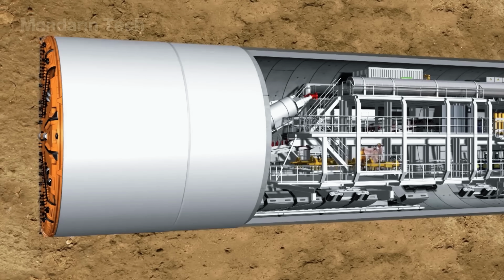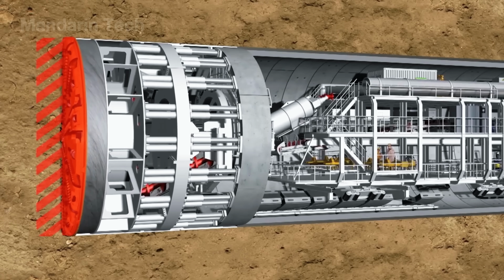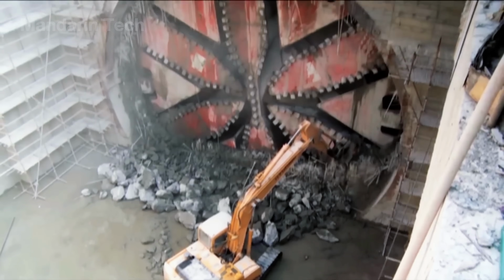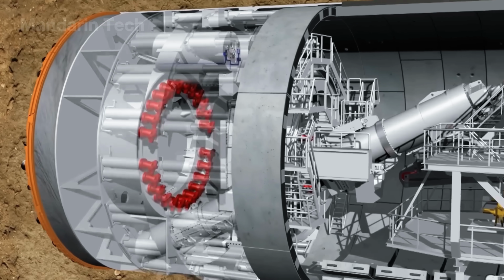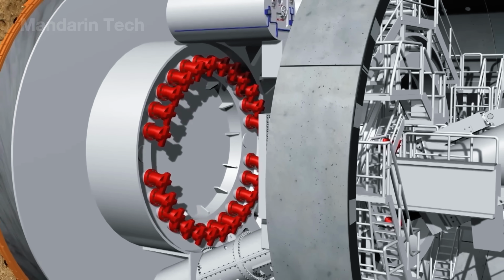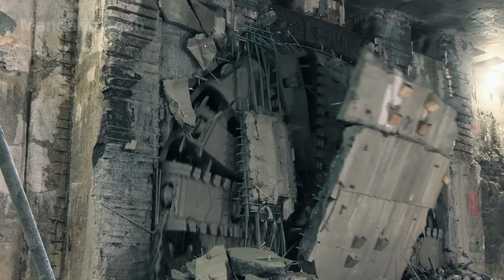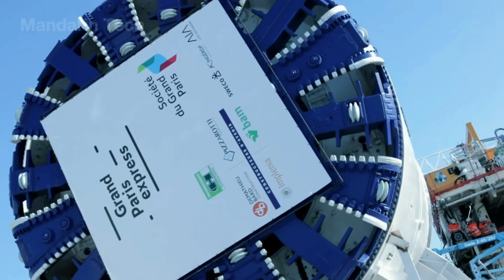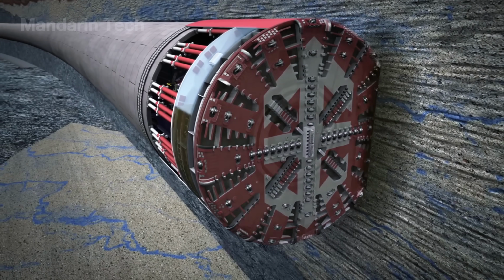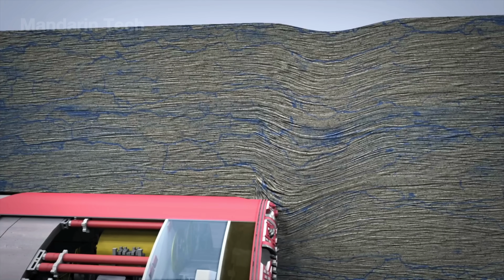At the front of the TBM is the massive cutter head, which breaks through the soil and rock ahead of the tunnel path. Depending on the geological conditions, the cutter head is equipped with different tools, ranging from scraping blades designed for soft ground to heavy-duty disc cutters used for harder rock layers. Although the cutter head is extremely large, it rotates quite slowly, usually only a few revolutions per minute. However, the force it generates is enormous, powerful enough to break through geological layers located dozens of meters below the